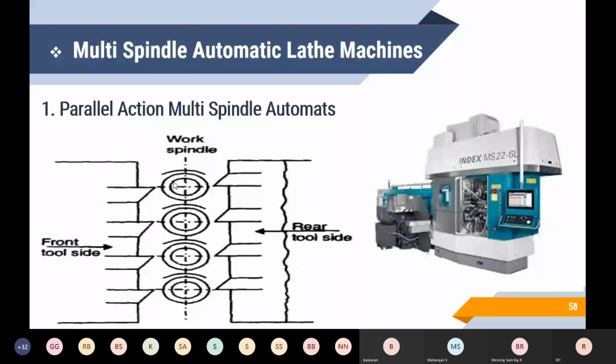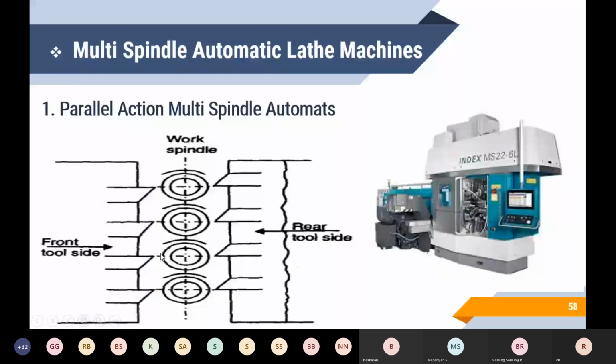It's a difference. You see, one by one, there are two types of multiple spindle automatics: parallel action and progressive action. In parallel action, the same operations are performed on all the spindles of the machine. This machine consists of a frame with the headstock. The axes of the work spindles are horizontal. These spindles are arranged in a line, one above the other. You see that there are two cross slides, one on the left-hand side, the other on the right-hand side. This is a major thing. All the tools are doing the same process for the same job. It's a mass production process.